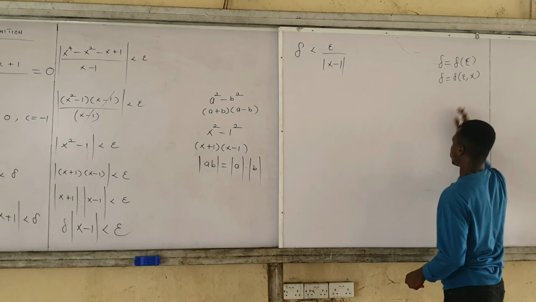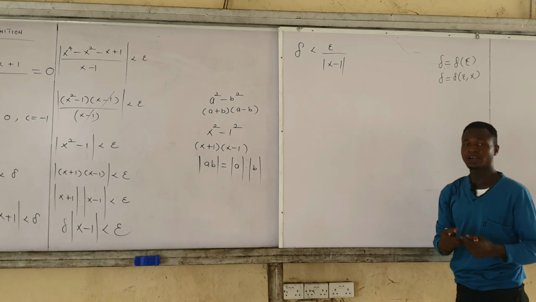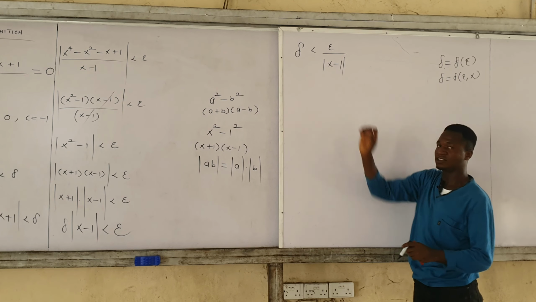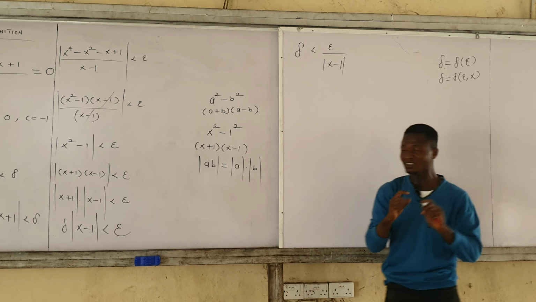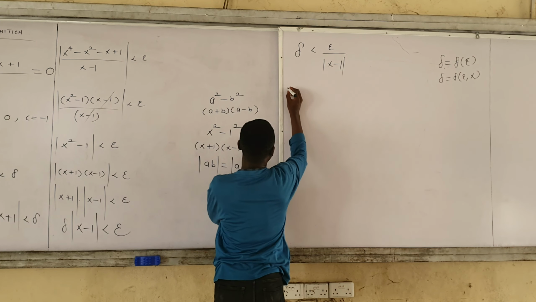But we don't want this to be so. What do we have to do? We are going to carry out further manipulation of this denominator. So this is how this is being done. So please pay attention. So we have this to be given by